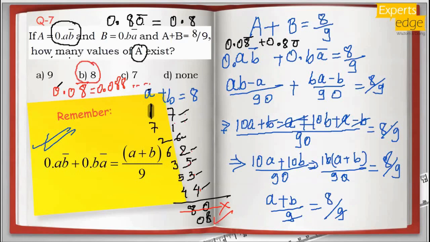Many students will either mark the answer as 9 or mark it as 7. Either they will leave this 0 case completely or they will take both the cases of 0. But please remember, he is asking the value of a. A is 0.ab bar. You can't take any number as 0 bar. Otherwise, if I want to write 3, I can write it as 3.0 bar as well, right? But this doesn't make any sense, because 0 bar indicates nothing. So 0 cannot take the units place value with a bar, but obviously it can take a tens place value. I hope this question is clear. Thank you, everyone.